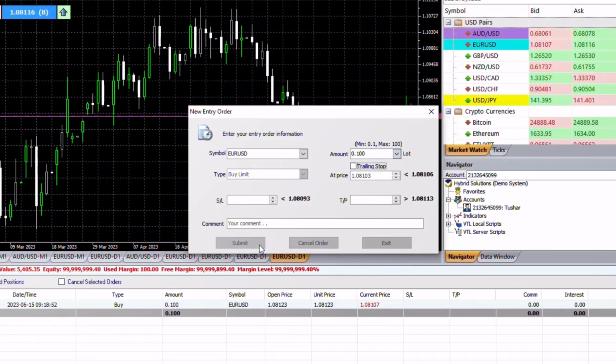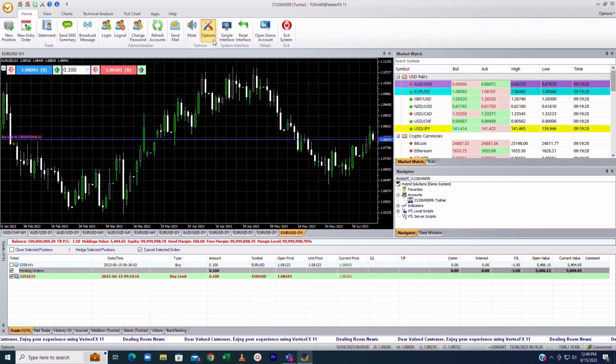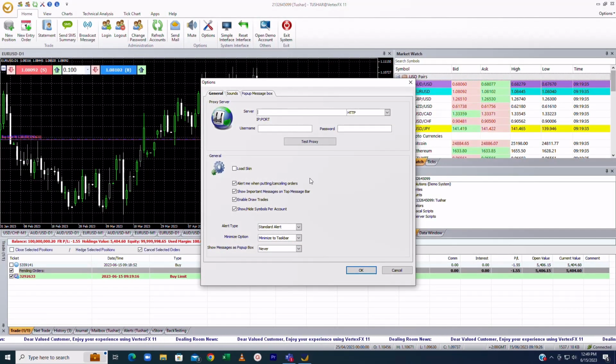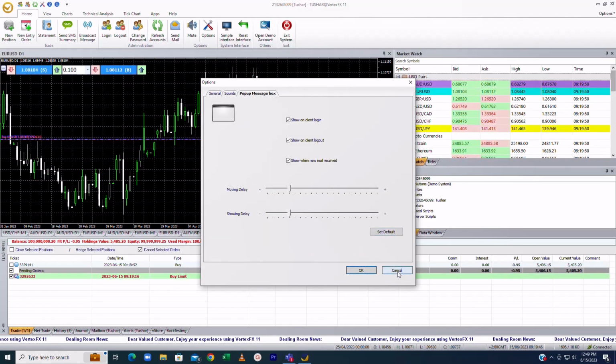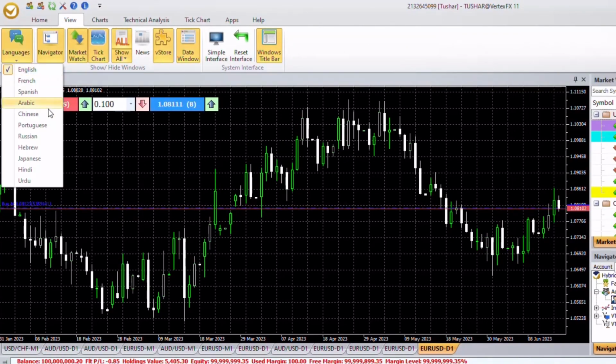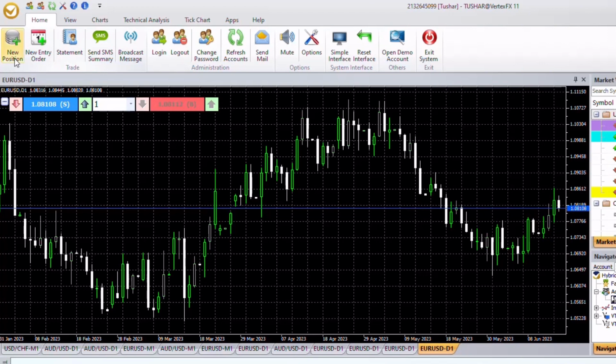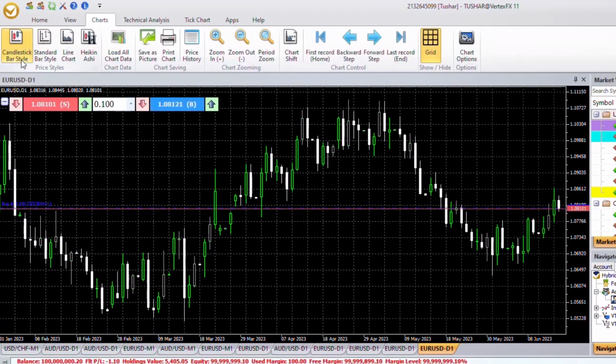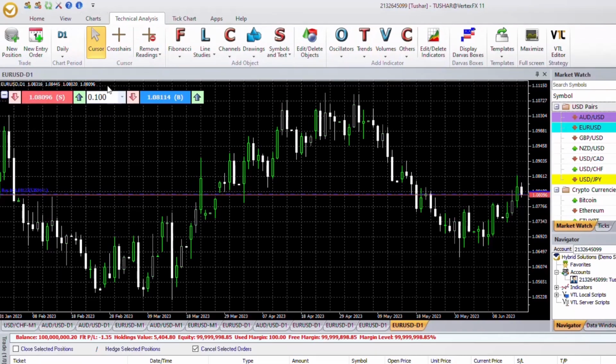To customize your trading experience, you can access the Options window to adjust general settings, sounds, pop-up messages, view options, and language preferences. In addition to the Home tab, the VertexFX Client Terminal offers various other panels and tools to enhance your trading experience. The Chart panel provides a feature-rich environment for analyzing market trends, adding indicators, drawing objects, and